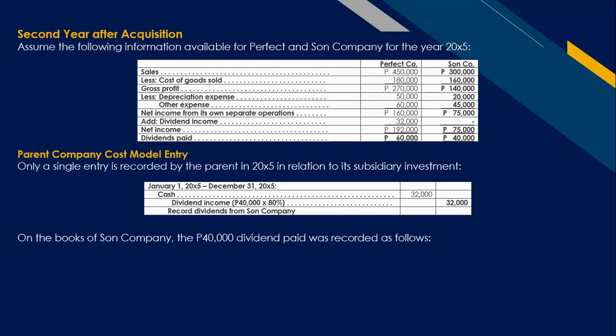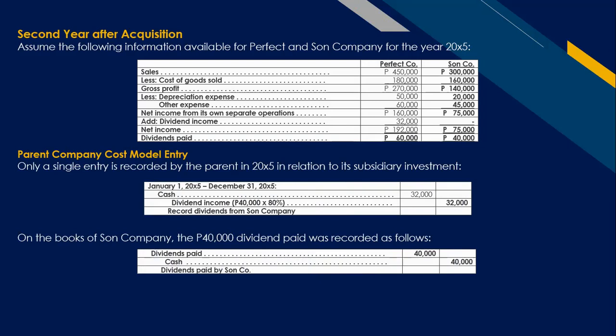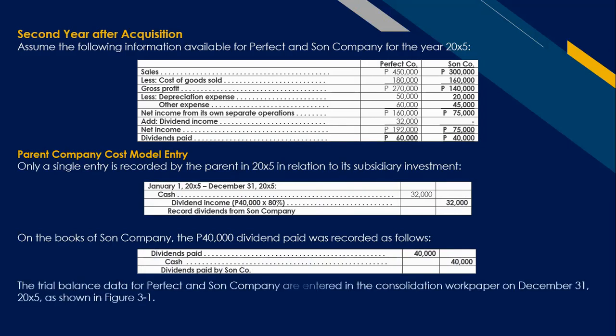On the books of the Sun Company, the 40,000 dividend paid was recorded as debit to dividends and credit to cash. The trial balance data for Perfect and Sun Company are entered in the consolidation work paper on December 31 as shown in figure 3-1. Investment in Sun Company, credit to retained earnings, to provide entry to convert from the cost method to the equity method, or the entry to establish reciprocity at the beginning of the year. Retained earnings, Sun. Then we have the retained earnings, beginning and ending, then increase multiplied by the controlling interest, so retroactive adjustment of